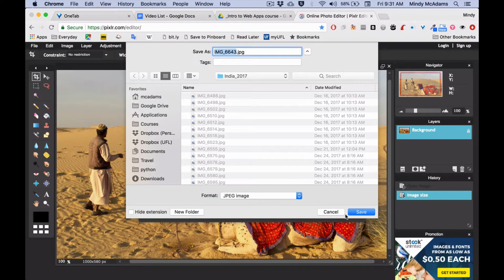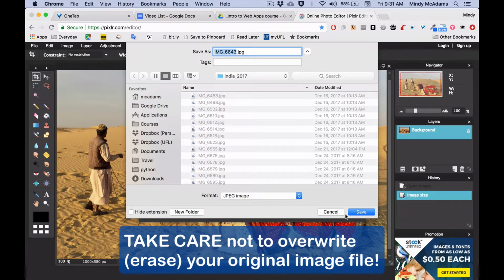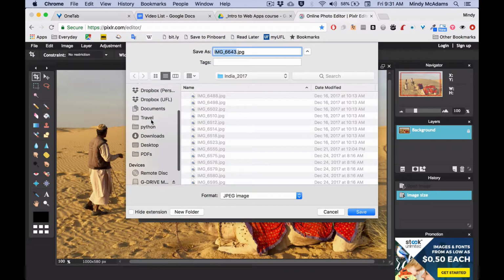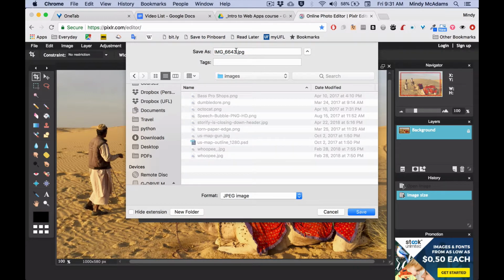Now this is important. Notice by default, it's using the same file name and putting it in the same place as your original. That would overwrite, erase your original with this new one. Don't ever let that happen. So you might want to go to a new location on your computer, such as images, and you might want to name it something